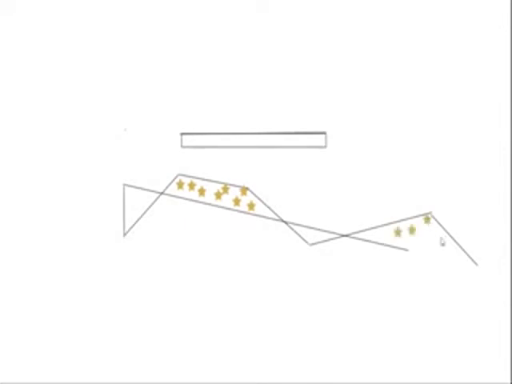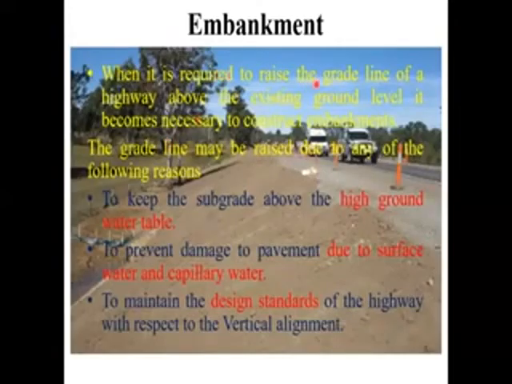So the best alternative is, first, you need to decrease or dewater the water table. Assume the distance is 1.2 meter from here to here; dewater below that level. Suppose it is not economical or it requires high cost, then the best procedure is to construct the embankment above this. This is one of the objectives. If the groundwater table is just below your road surface, or less than 1.2 meter, in that condition you have to construct the embankment.